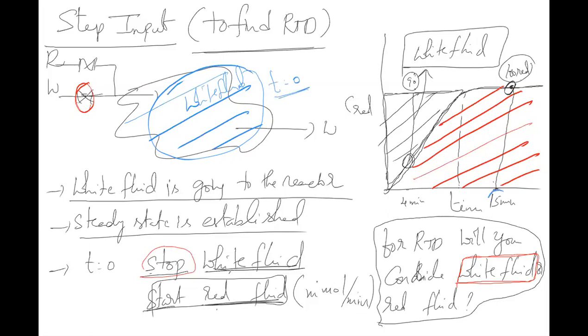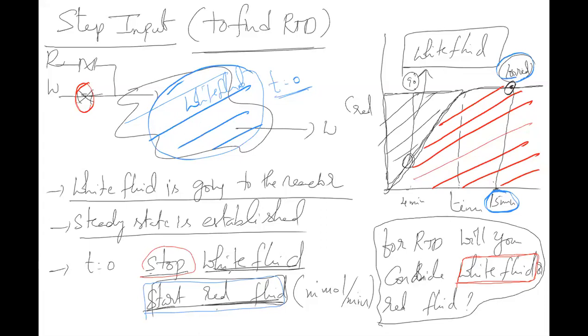Suppose let's imagine that at 15 minutes you got 100 red particles. That doesn't mean that all the 100 red particles spent 15 minutes inside the reactor, because at time t equal to 0, you started the red fluid, which is continuous. Out of these 100 red particles, there may be some particles that entered at time t equal to 0, some that entered at 10 minutes, and some that entered at, let's say, 13-14 minutes. That is why out of this 100, you cannot guarantee that all the 100 particles have spent 15 minutes inside the reactor, because red is continuously entering the reactor.